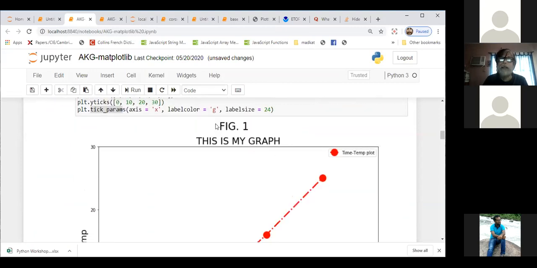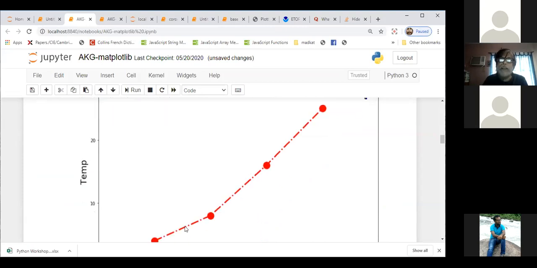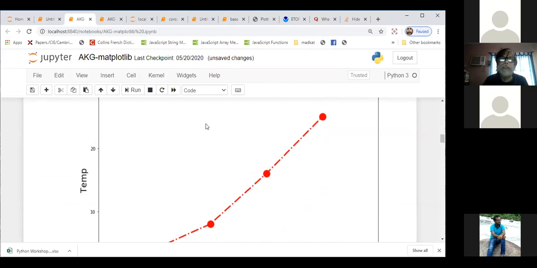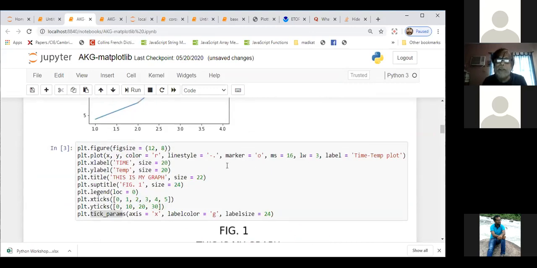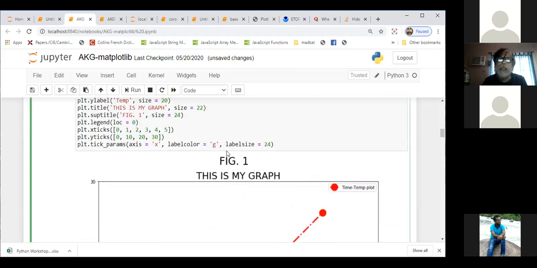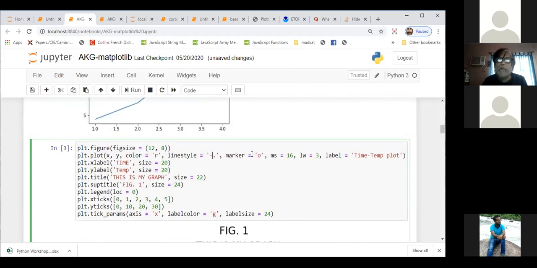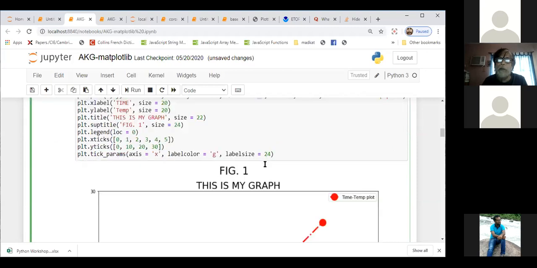This is the super title. This is my graph. This is the title. Then I plotted it with a dash-dot line, and see I have written here dash dot. So it is plotted with dash dot, and also with marker O, solid marker O.